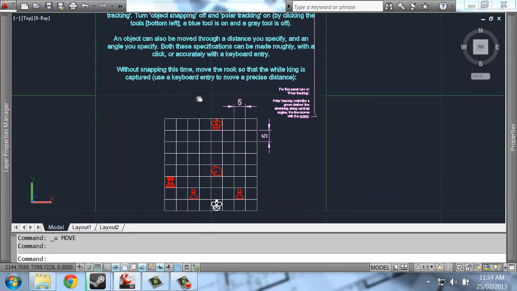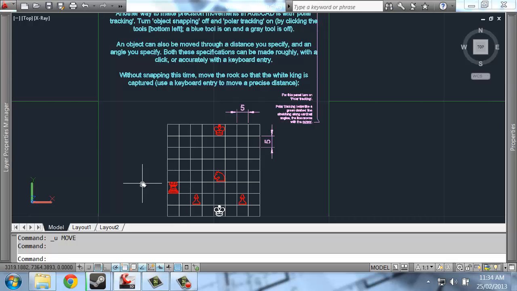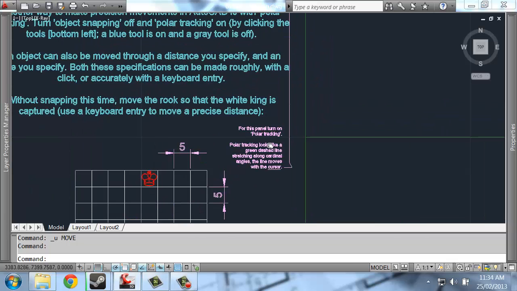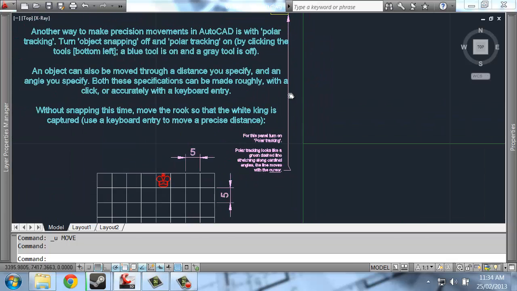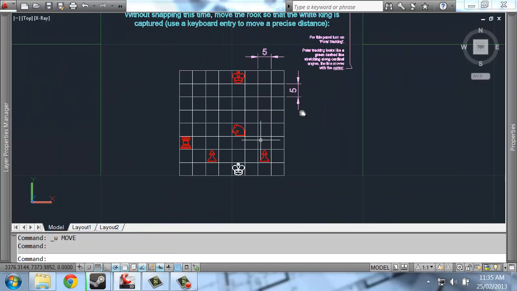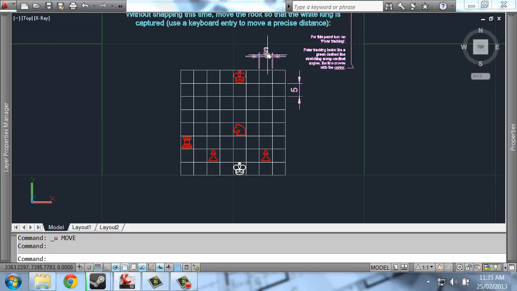Okay, in this panel we're talking about moving the rook, and we're moving it directly horizontally. So here we're saying we want polar tracking turned on. Remember the drawing tools in the previous tutorial suite, which are these ones down the bottom. Here we're just saying that we need polar tracking to be on for this panel to work. But it is on, and we can see that the grid spacing on the chessboard